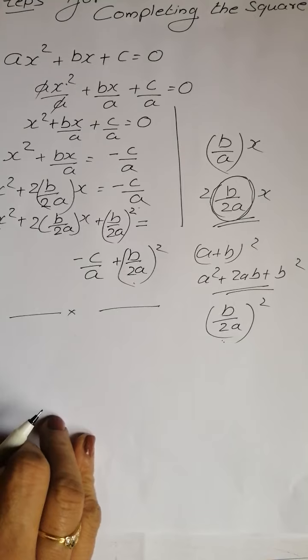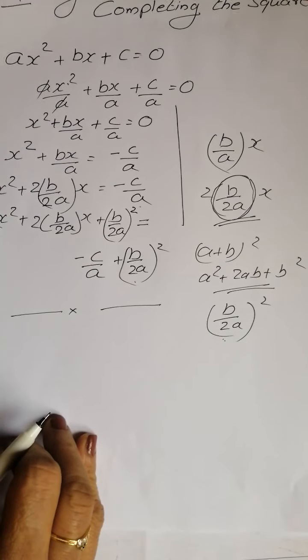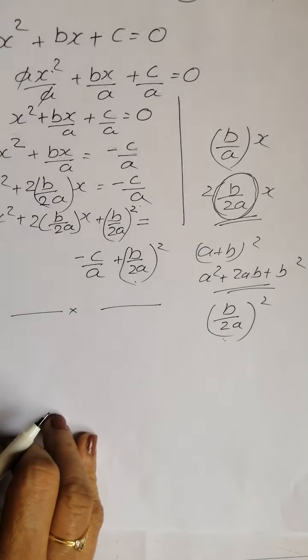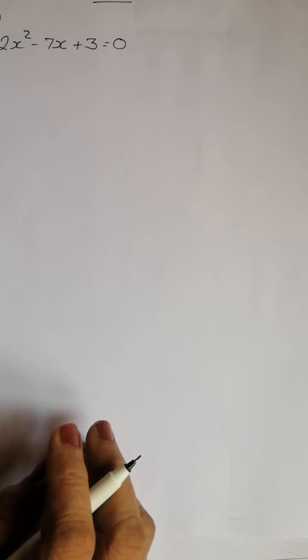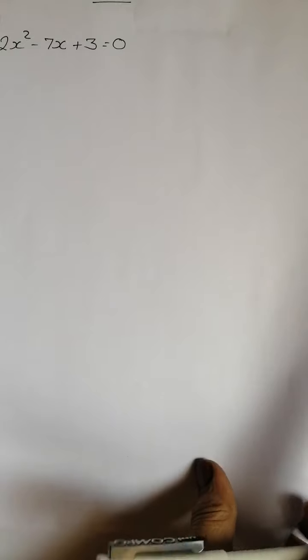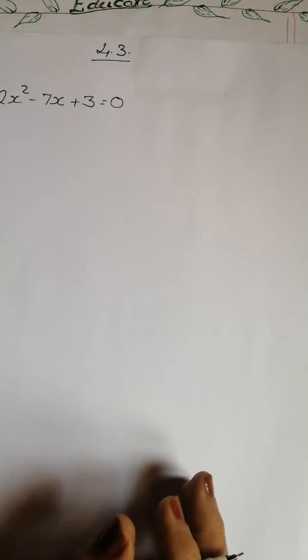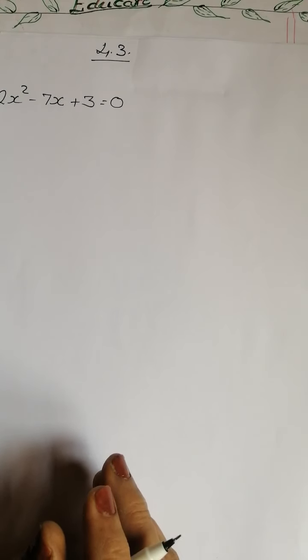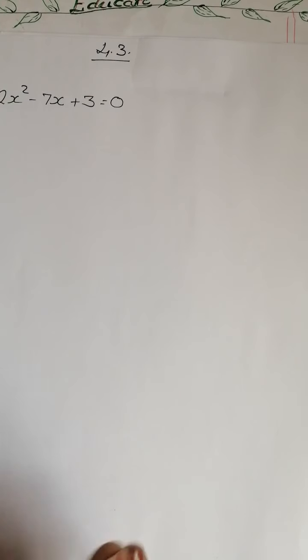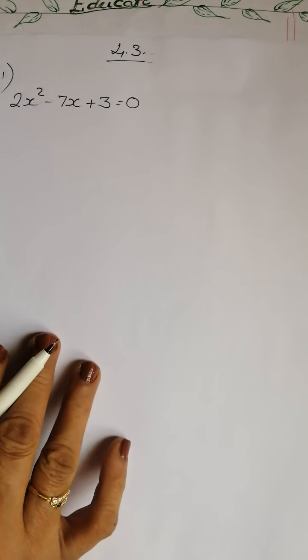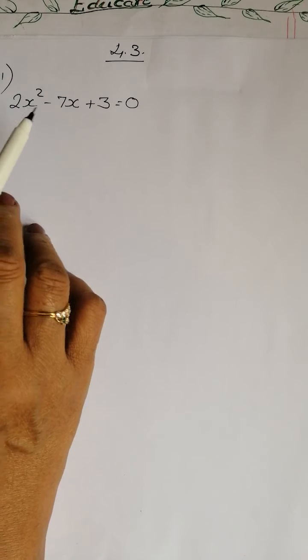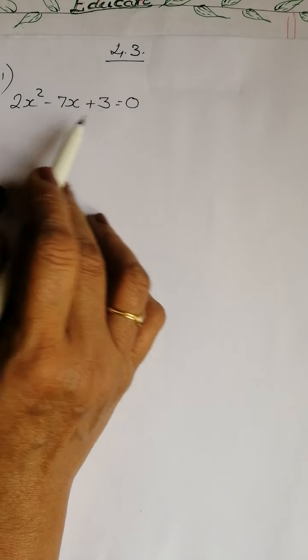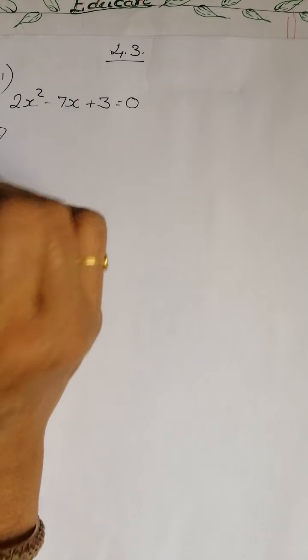So one by one we will do the questions, so you will feel it is easy. I will do, you do with me. Okay? So what is the first question? 2x square minus 7x plus 3 equals to 0. Now tell me children, what do I have to do first? I have to make this as unity. How will I make it as unity? Yes, divide all sides by 2.